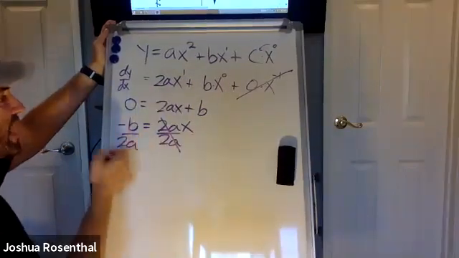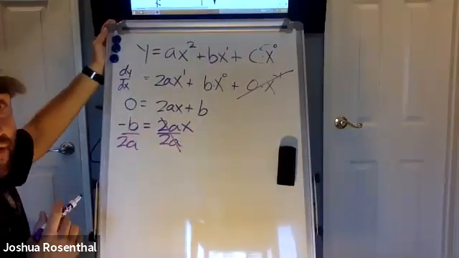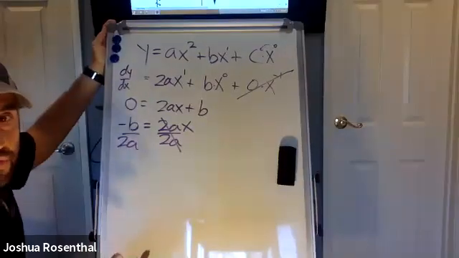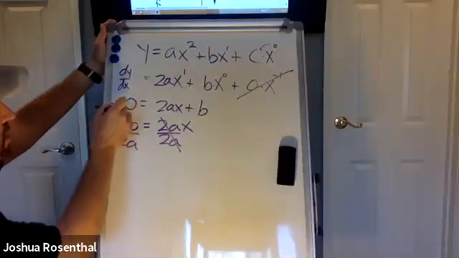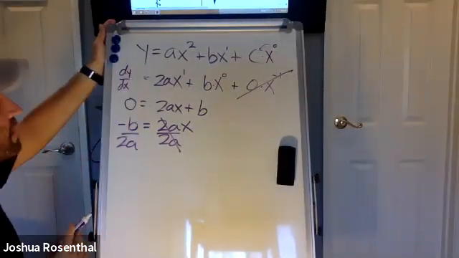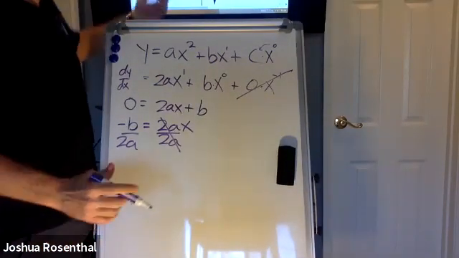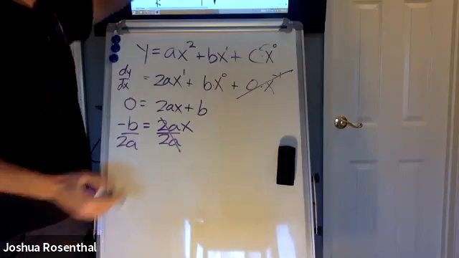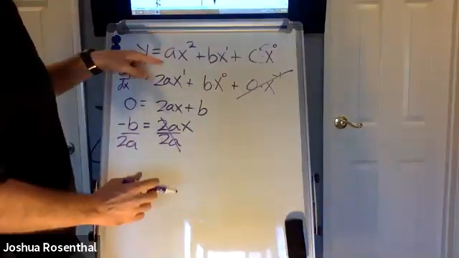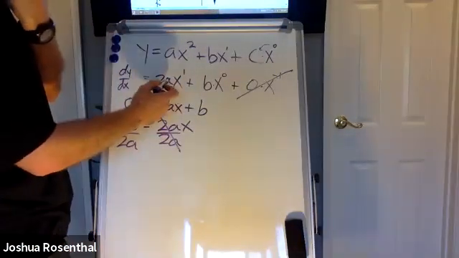X is equal to negative b over 2a. Where? Remember we're saying, well, where? It changes, right? Where did this occur? When the slope of the tangent line was 0, which it could only be at a minimum or a maximum. Now, somebody mentioned, how do you know if it's a minimum or a maximum from here? Second derivative test. Well, you could, but if you have an actual problem,